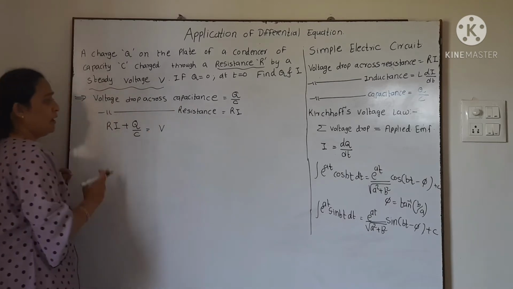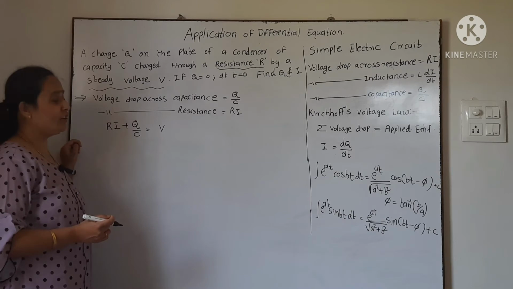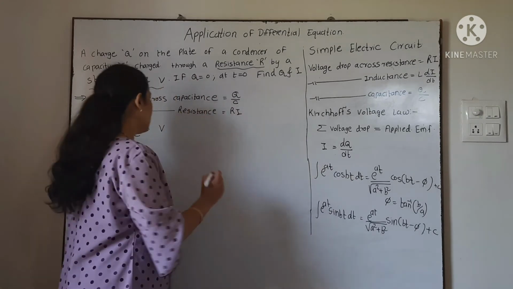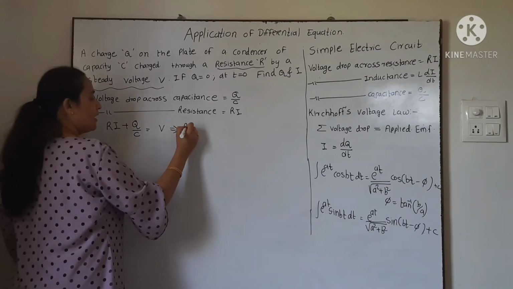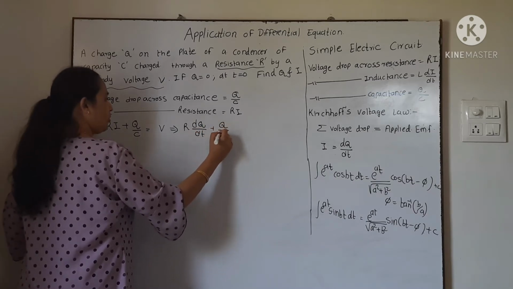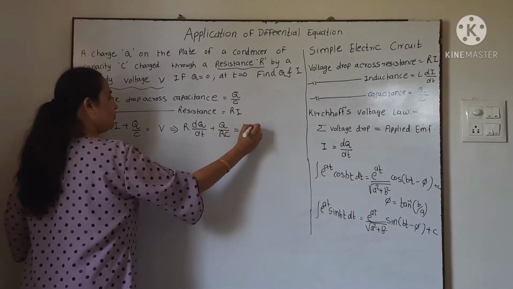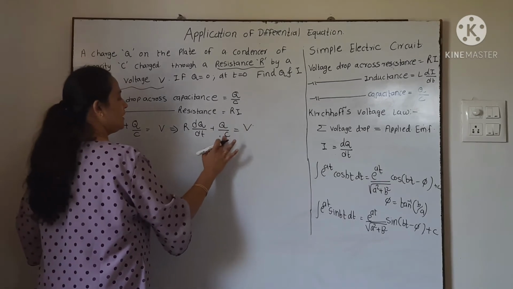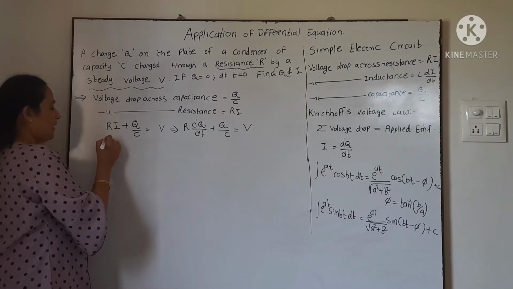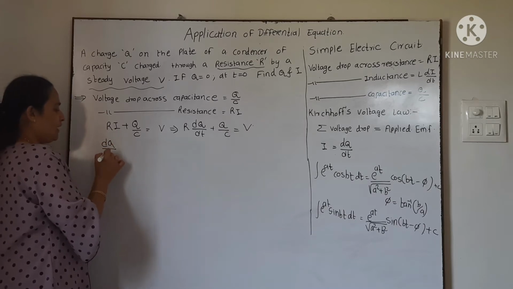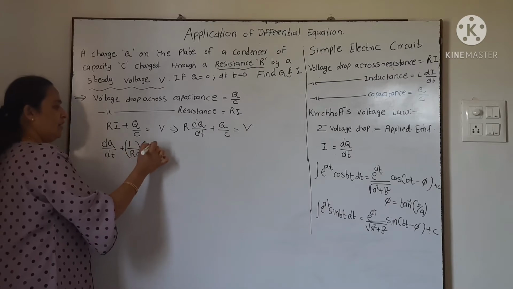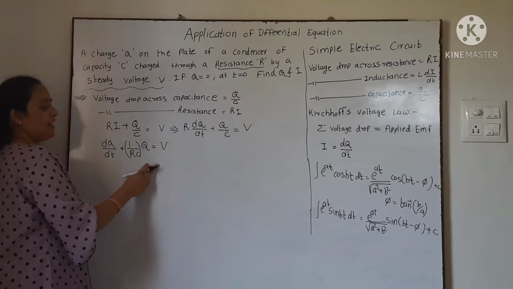Some people may say that ma'am, this is not a differential equation, but here we'll use that current is the rate of flow of charge. So this equation can be written as R into dq by dt plus Q upon C equal to V. So we can convert this into linear in Q. If I divide throughout by R, the same equation can be written as dq by dt plus 1 upon RC into Q is equal to V upon R. This is a linear equation in Q.